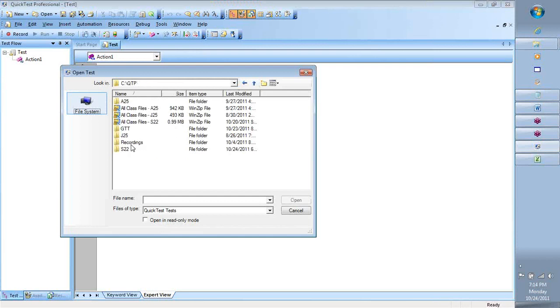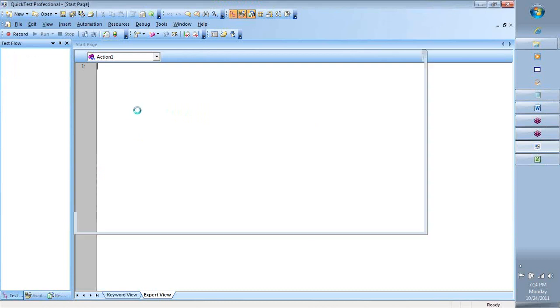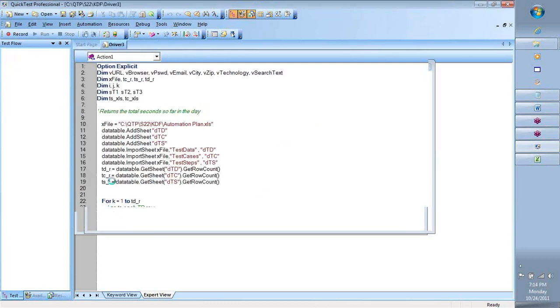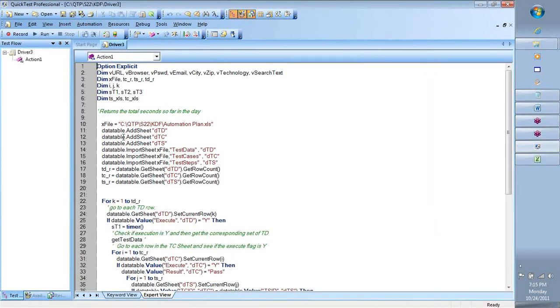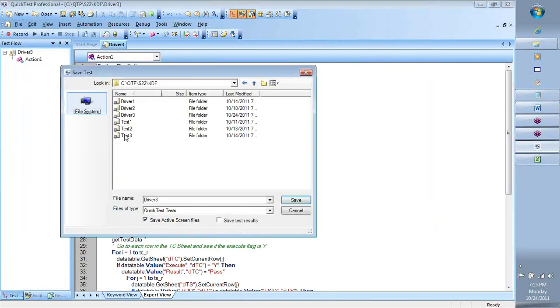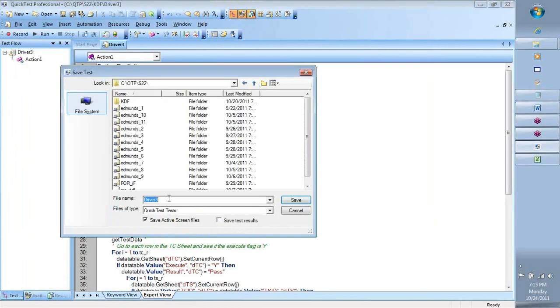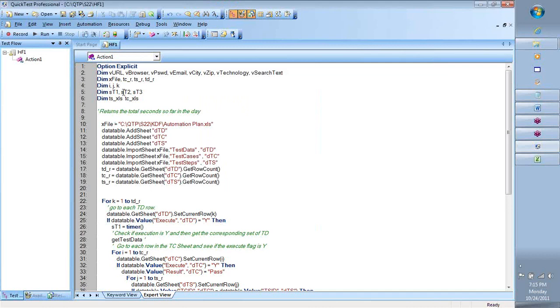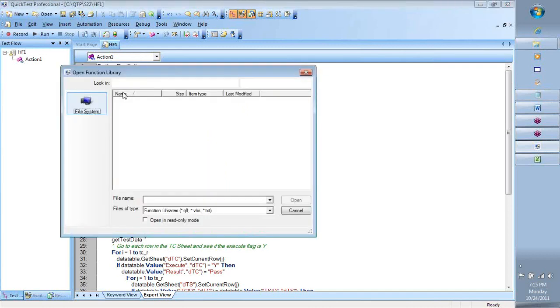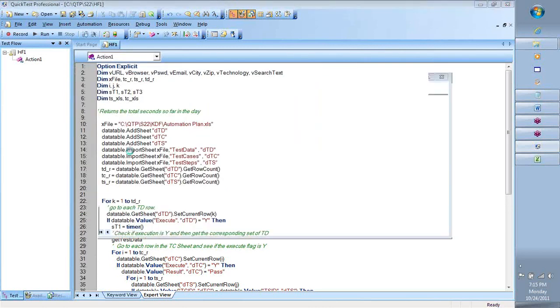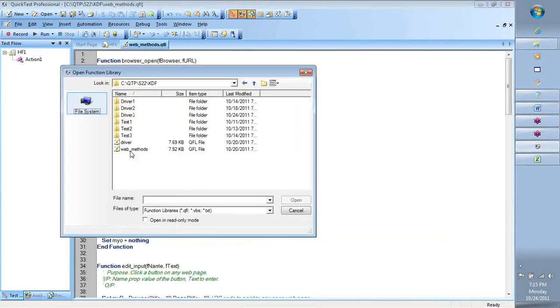So let me quickly open up the script that we have recent, S22 KDF driver 3, correct? And we will convert this script now to handle the data-driven framework. I'm going to save this now as a hybrid framework. Okay, I'm going to call this HF1. I don't have any active screen files with it. And let me also open up the function libraries, web methods,